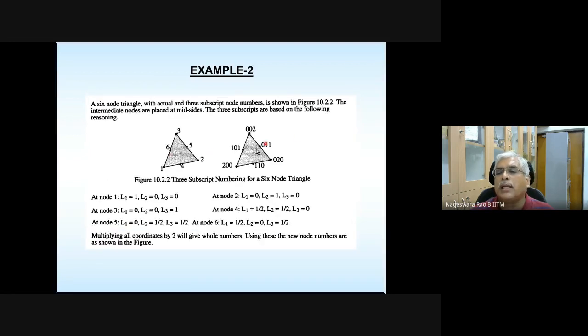So that's why let's take this 6-node triangular element. So please take a note of the 6-node triangular element. The 6 nodes, you see how they are here. The corner nodes are numbered first. 1, 2, 3 are apex nodes. Apex nodes are numbered first, 1, 2, 3. And this is side 1, 2, the first side. So 4, 5, 6. These 4, 5, 6 nodes are at the midpoint of that particular edge. Okay.